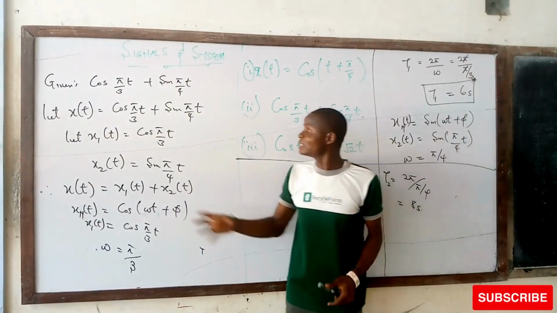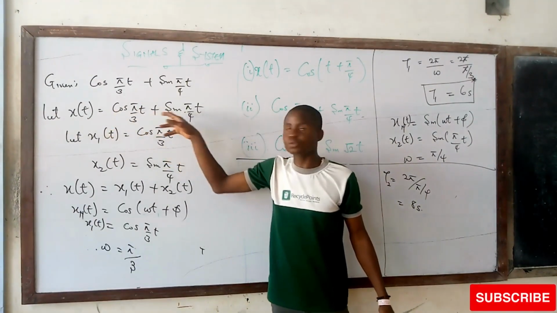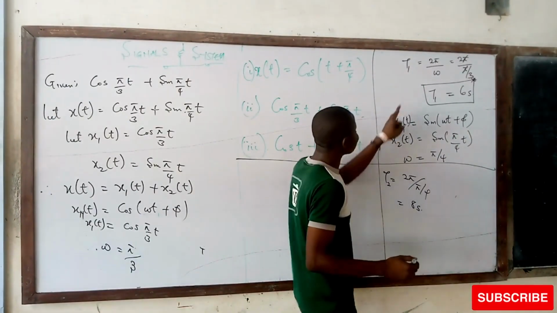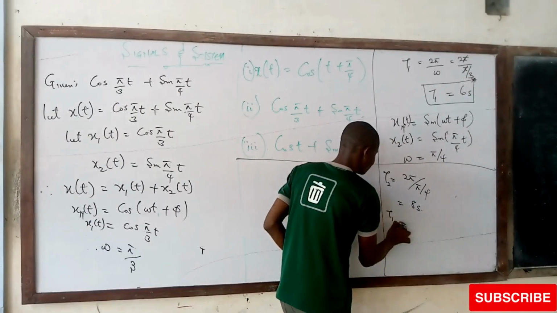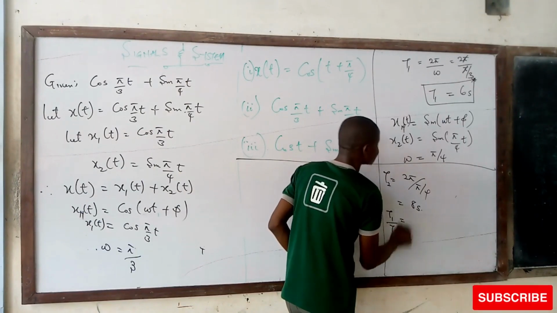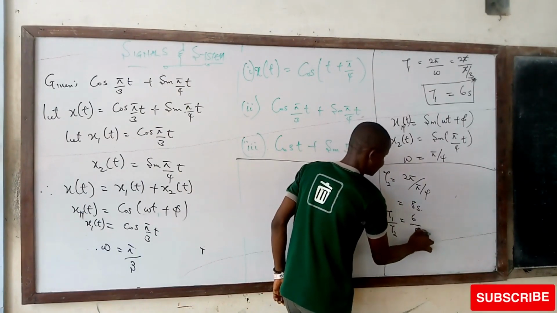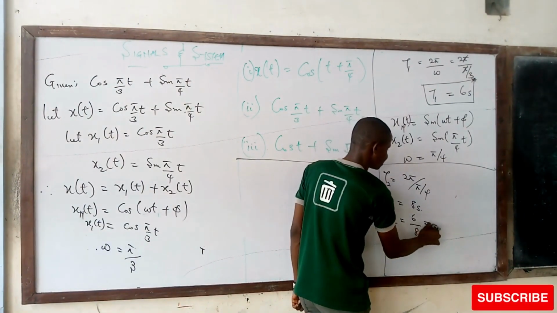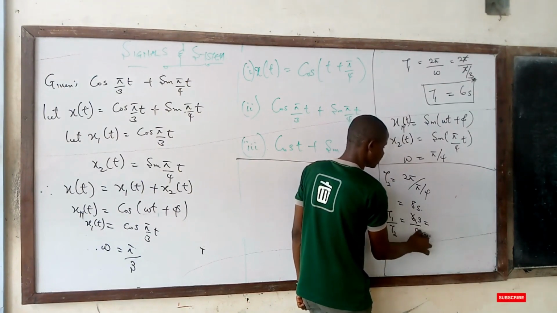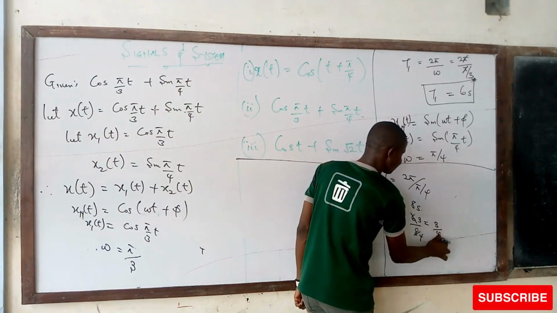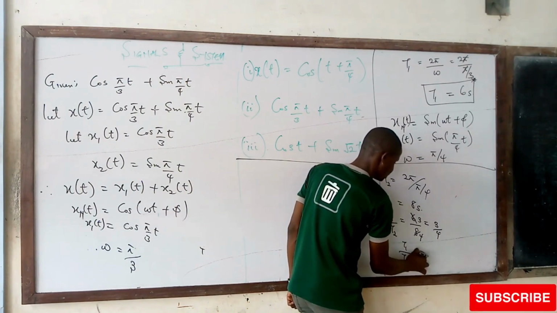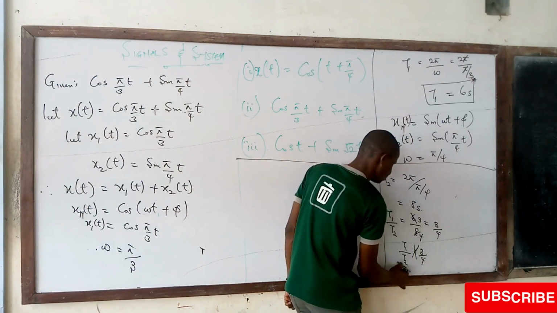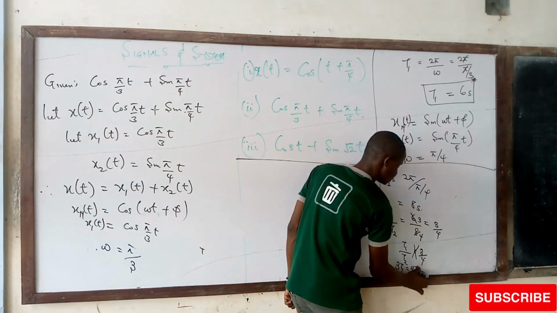And the signal that we are given is the sum of these two separate signals. How we go about that is, let's find the ratio of T1 to T2. The ratio of T1 to T2 is equal to 6 over 8. So I can break it into simplest terms, 2 goes here 3, 2 goes here 4. So I have 3 over 4. I can say T1 over T2 is equal to 3 over 4. So I can cross multiply and get 3T1 is equal to 4T2.